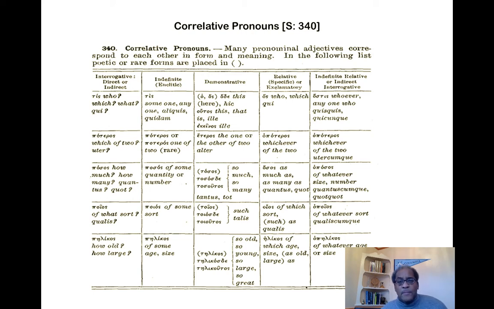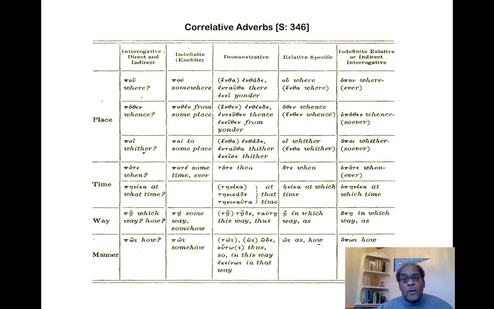So we'll see these working, but it's just important to recognize that these are probably the most vital of the enclitics to recognize, because you'll be looking at the same form, and only the accent will tell you which is which. But it's not only the accent, because generally the interrogative form will be first in its clause, and so they're really pretty easy to spot for that reason, besides the fact that they'll generate a question, so they have the question mark at them. But it's important. These charts are very important. These correlative pronouns at Smythe 340, and then the correlative adverbs at Smythe 346.